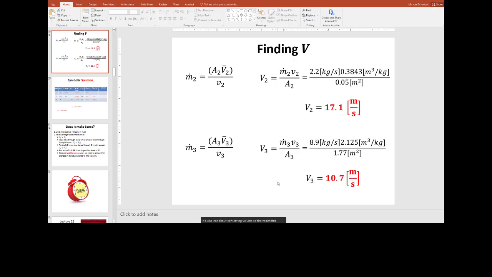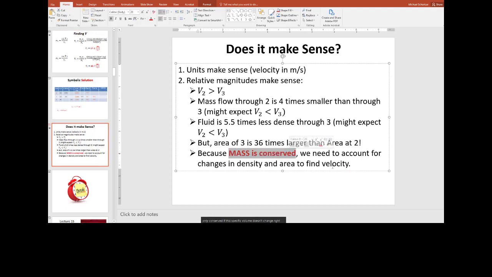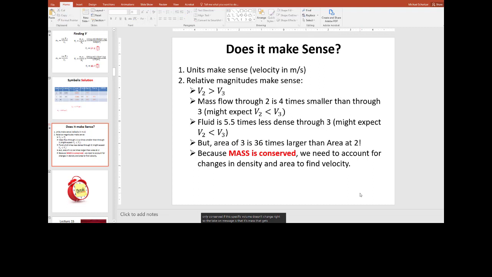If you imagine a pipe where liquid water is going in and steam is going out and the diameters stay the same, the velocities will be very different. The volumetric flow rates will be very different, even if you're at steady state. But if you're at steady state, it's the mass flow rates that get conserved, right? The volumetric flow rates are only conserved if the specific volume doesn't change. All right, so the take-home message is that it's mass that gets conserved and not velocity and not volume, right?